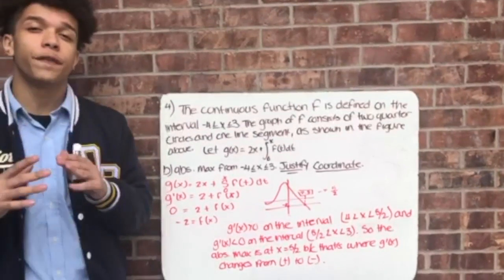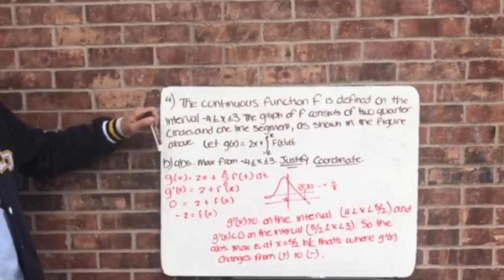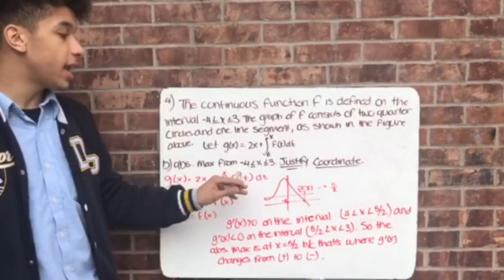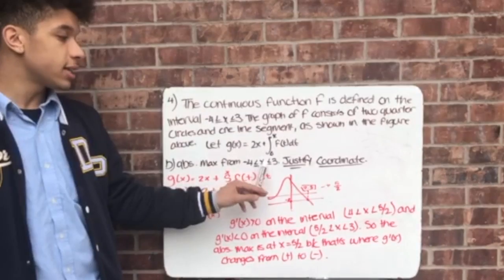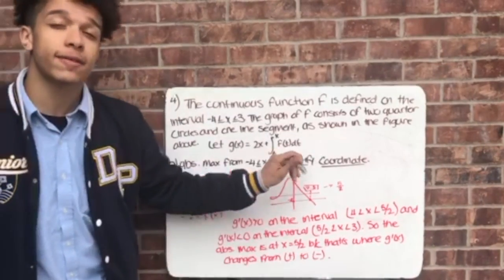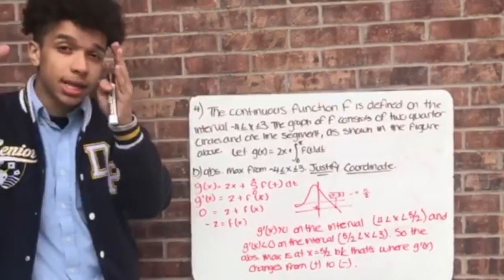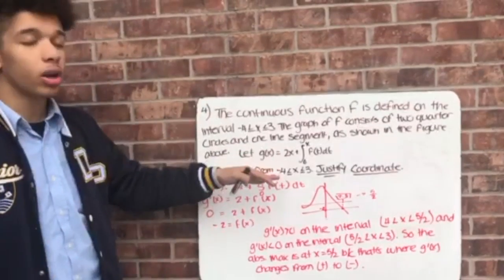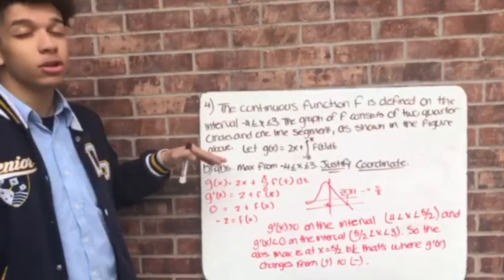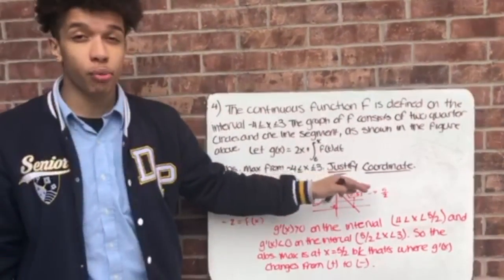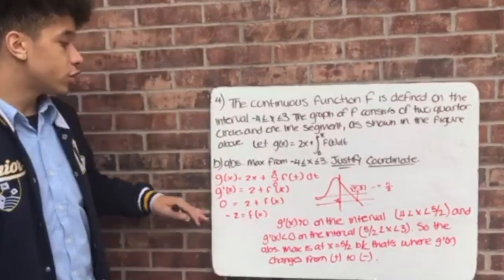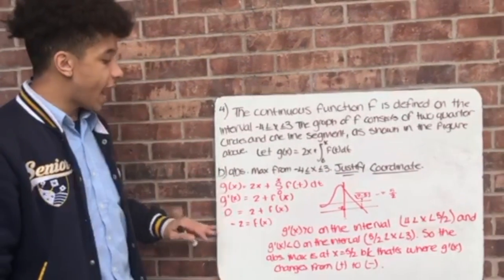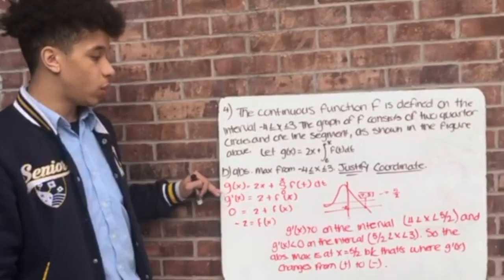Okay, now for part B. Part B asks for the absolute max on the interval from -4 to 3, and we have to justify it. That's going to be a separate part. So not only are we getting a point for finding the absolute max, but we're also getting a point for the justification. To start off, I took the derivative of the original equation